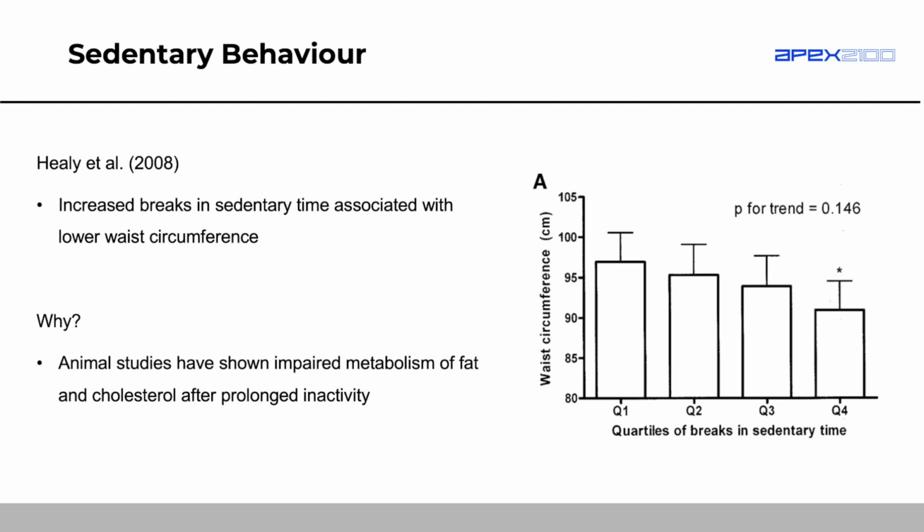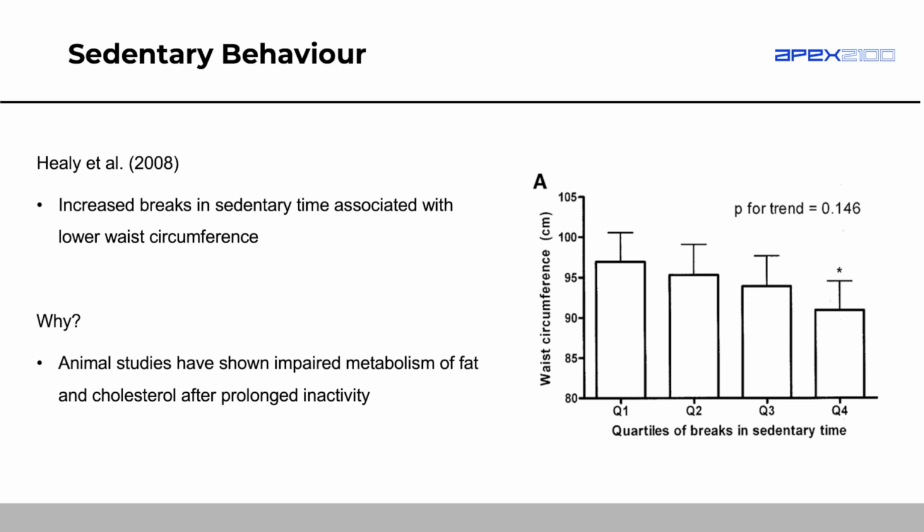So I have more fat and more cholesterol circulating in my system because I'm not getting up, I'm not using my body to move around. That fat and that cholesterol is not being flushed out. So with more fat and cholesterol within my system, it means that more fat that's circulating in the blood system might get stored as adipose tissue, as actual fat in my body, and cholesterol might become plaques within my arterial system. So I might get those plaques and that narrowing of my arteries if I do this prolonged inactivity.